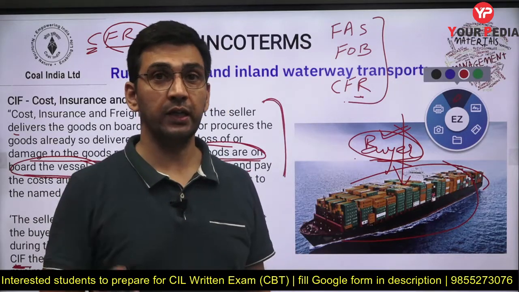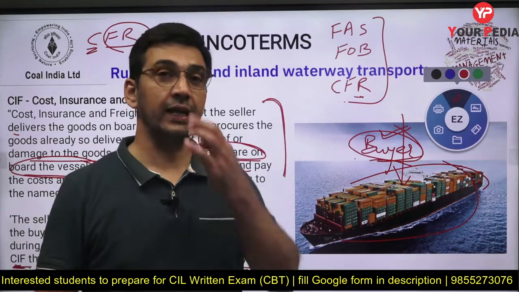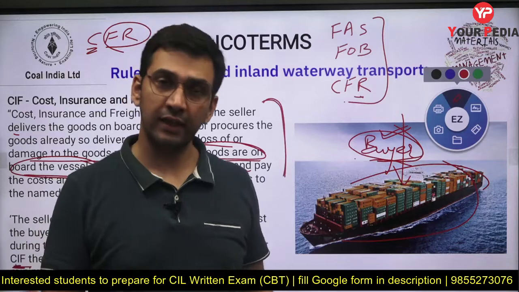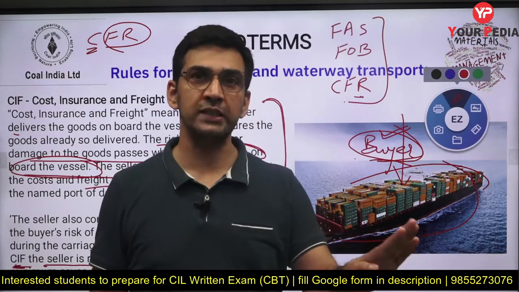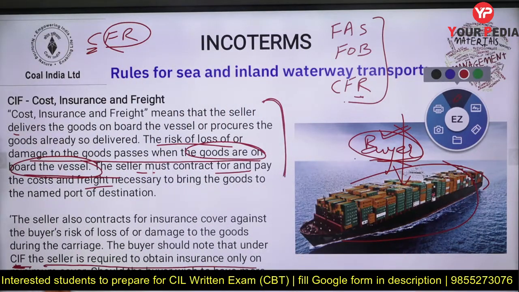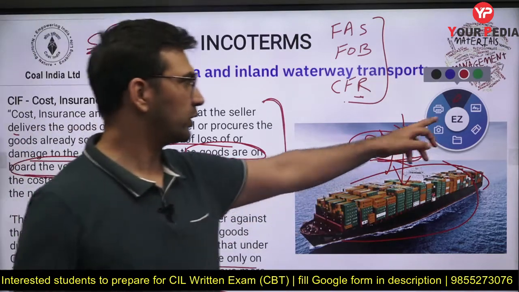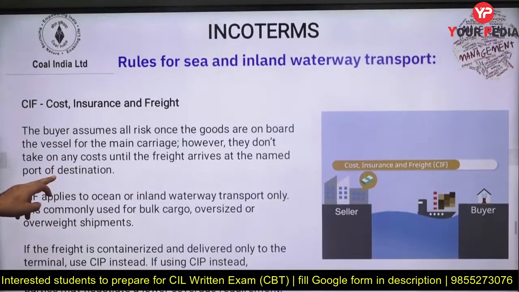But if the damage is greater and the buyer agrees for higher insurance, then obviously they have to pay higher. That can be negotiated. But if nothing is negotiated, then CIF simply means it will go on the basis of minimum insurance cover. Should the buyer wish to have more insurance protection, then it needs to be agreed, meaning both have to agree if they want more insurance cover. So again, same thing, this is the